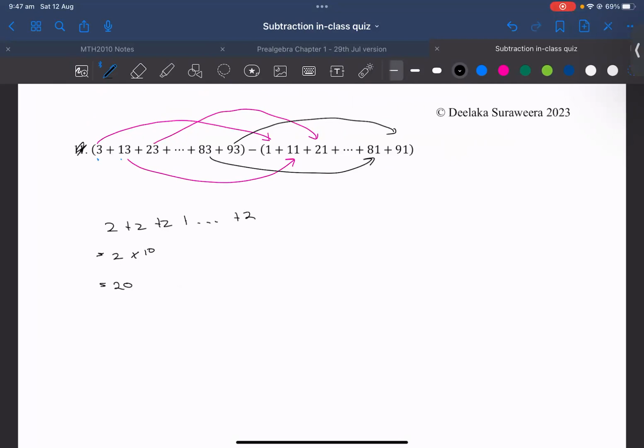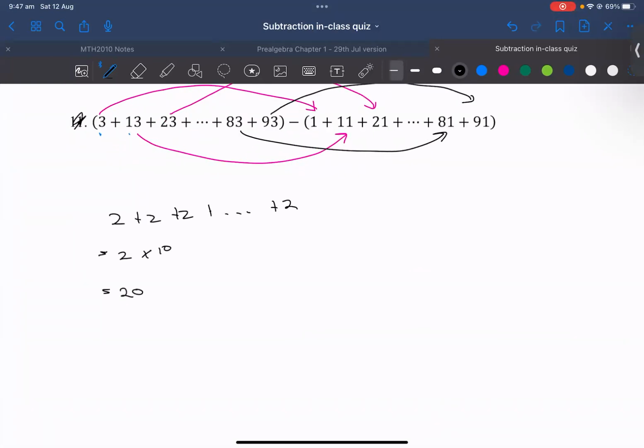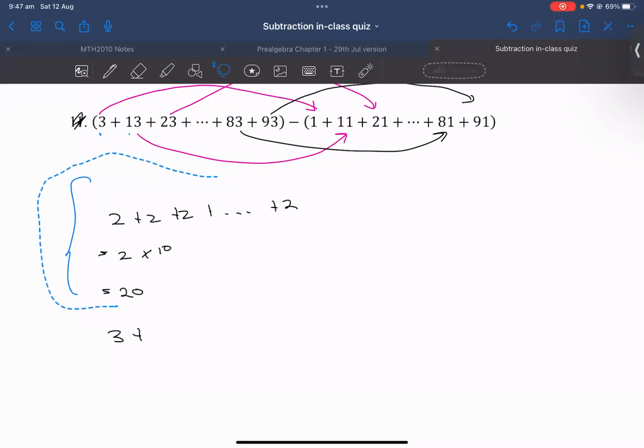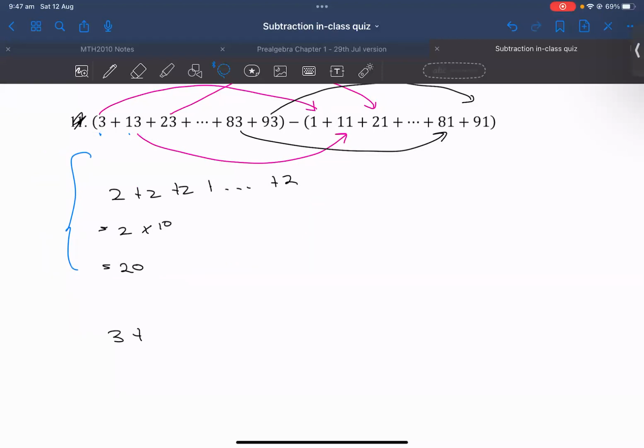And I gave you a shortcut explanation, but if you want the proper reason for this, it's the associative and commutative property. So this is not the valid explanation, but this is what you do in practice, in work. But if you want a proper explanation, it's actually that you've got